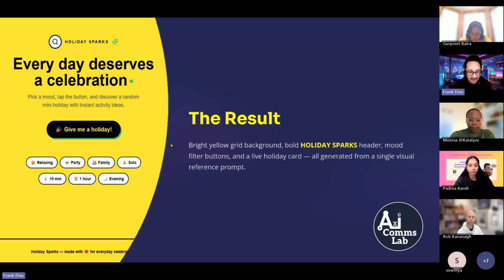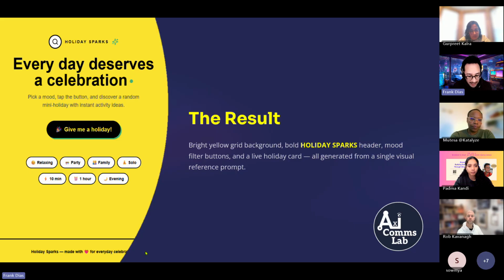And the result is it's converted it with that yellow and hints of green that I had from that. It's made the buttons a lot more poppy and it just brought it to life. In particular, it was such a good way of taking an inspirational image and using it to redesign. And this is where Lovable really works and where vibe coding really comes to life, picking up these different bits and pieces and bringing them to life into your own ideas.